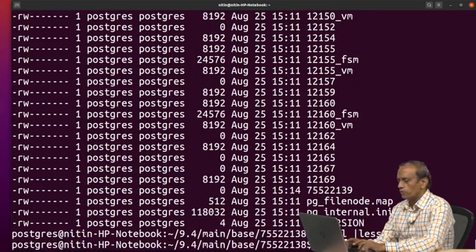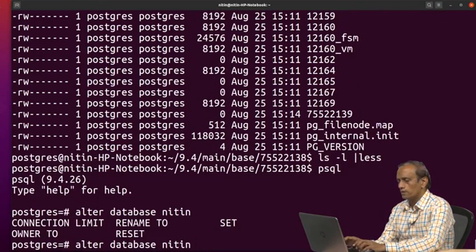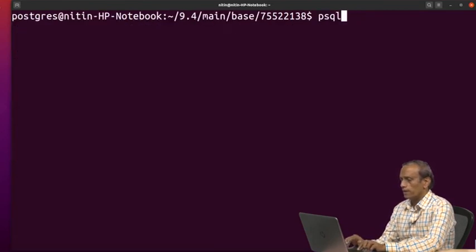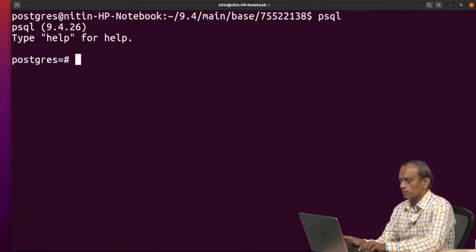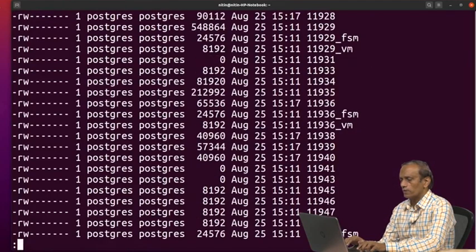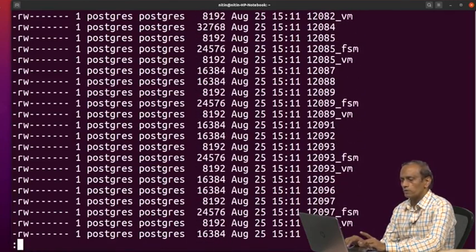So, if I go to psql and run ALTER DATABASE Nitin SET OWNER TO Nitin, and now I go back and try this, by default everything would be with the Postgres user, fine.